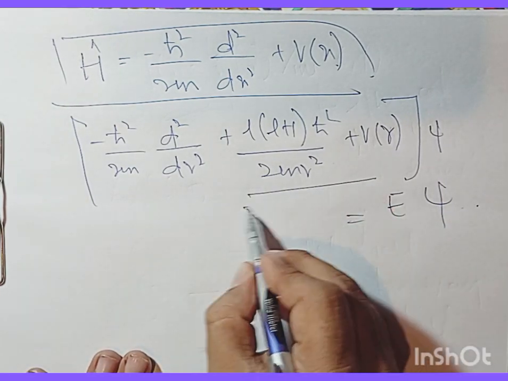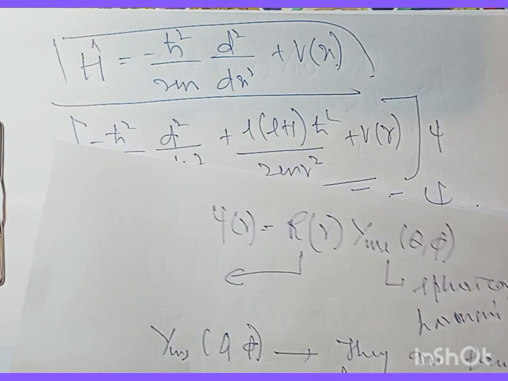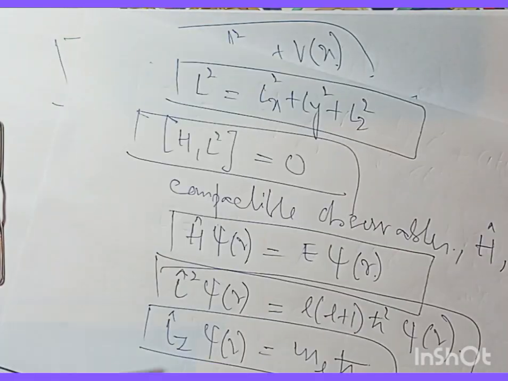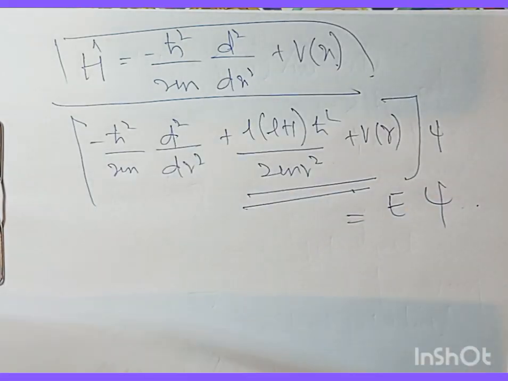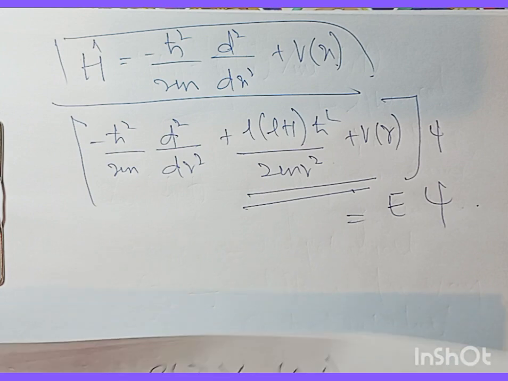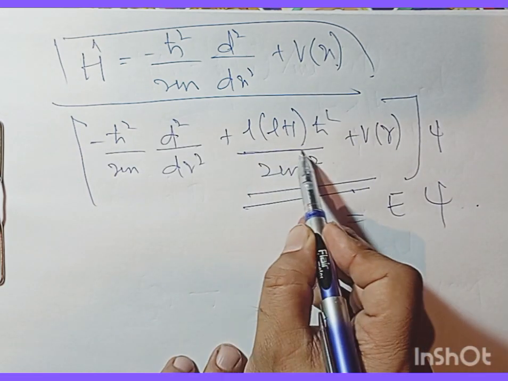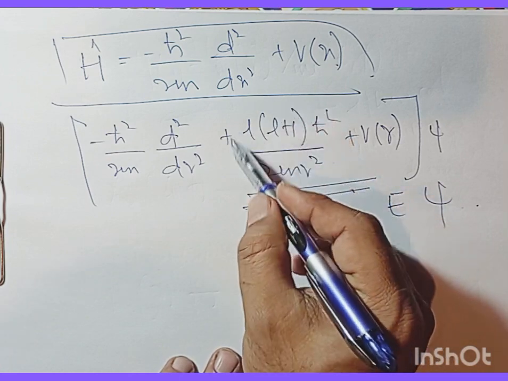Now, if we go to the problem of the hydrogen atom, what we have here is this term, L times L plus 1 h cross square. This is the result of what